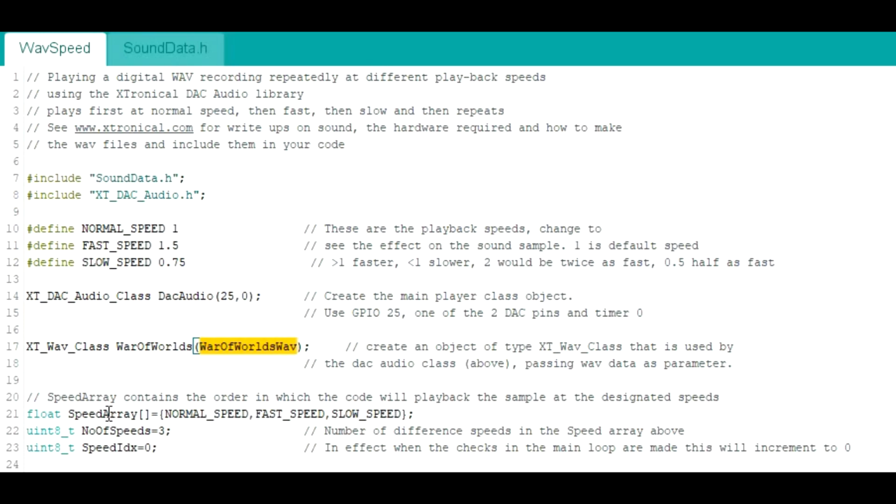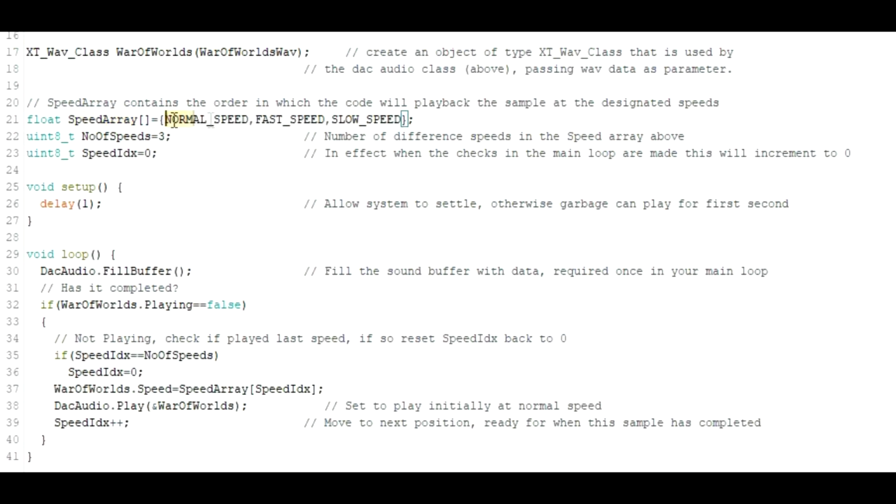So we have this array which has these 3 speeds stored within it. We've got a handy little variable to say we've got 3 speeds there, and an index into that array there. So when we go to the main loop,